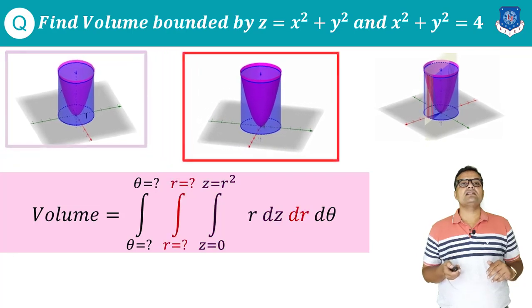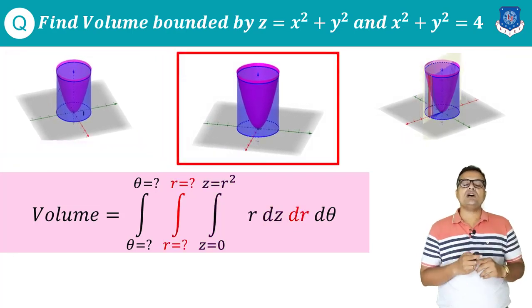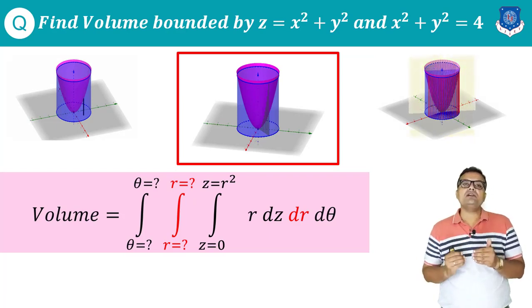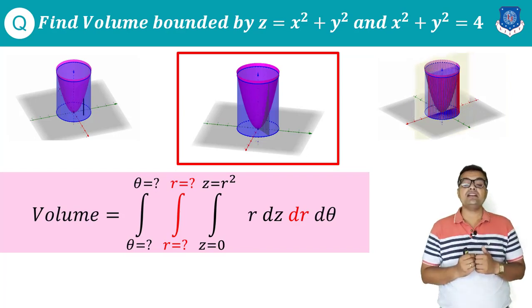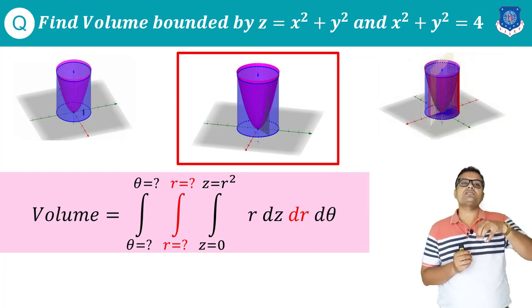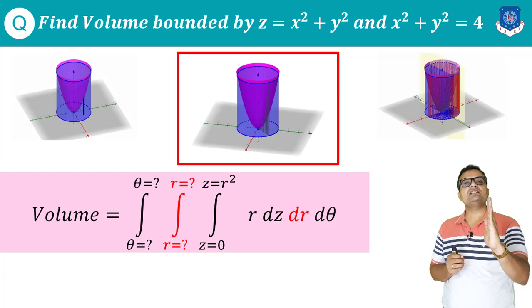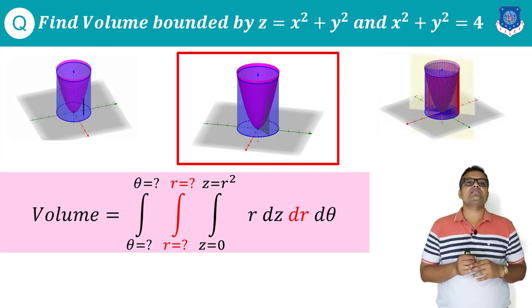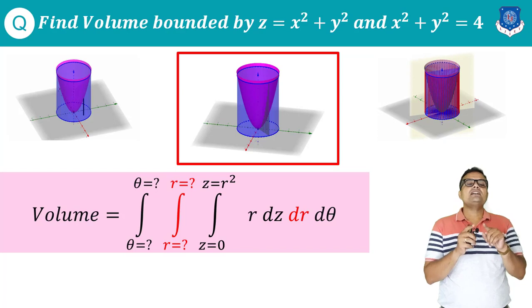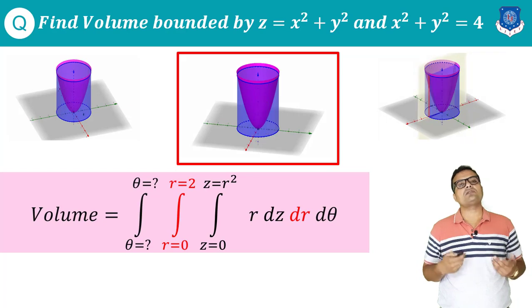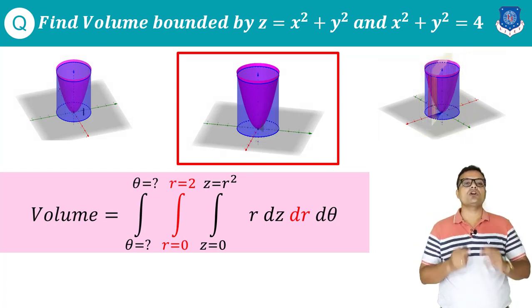Now let us consider our second case. What will be the value of r? Second variable in order. So now I am considering a second image in our picture. Here I am changing the value of r from the innermost value to the outermost value radially. The innermost value, which is at the origin, has r equal to 0. And if you look carefully, all such vertical lines are ending on a cylinder which is x square plus y square equal to 4. So there r is equal to 2. This gives me the value of r from 0 to 2. This is nothing but the order of r.